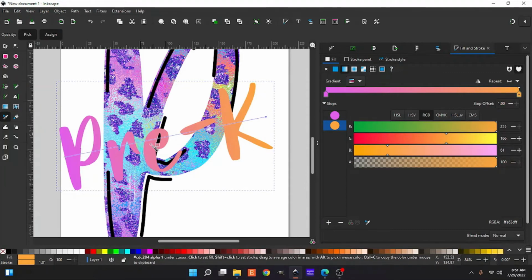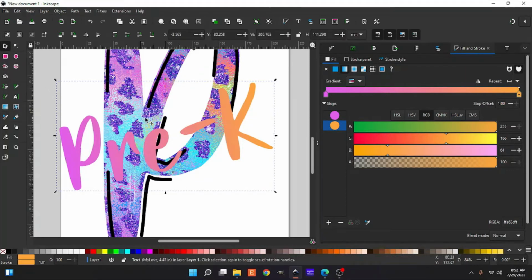So here, you just pick the color that you would like again, and make sure your opacity is up. Sometimes the opacity can go down when you're working in your gradients because it's going to start from a higher opacity down to a very low opacity. So just keep an eye on that. But it actually corrected when it did it this time, so we're good to go now. I like that. And so we're going to go back up here to your selector tool, and we're going to